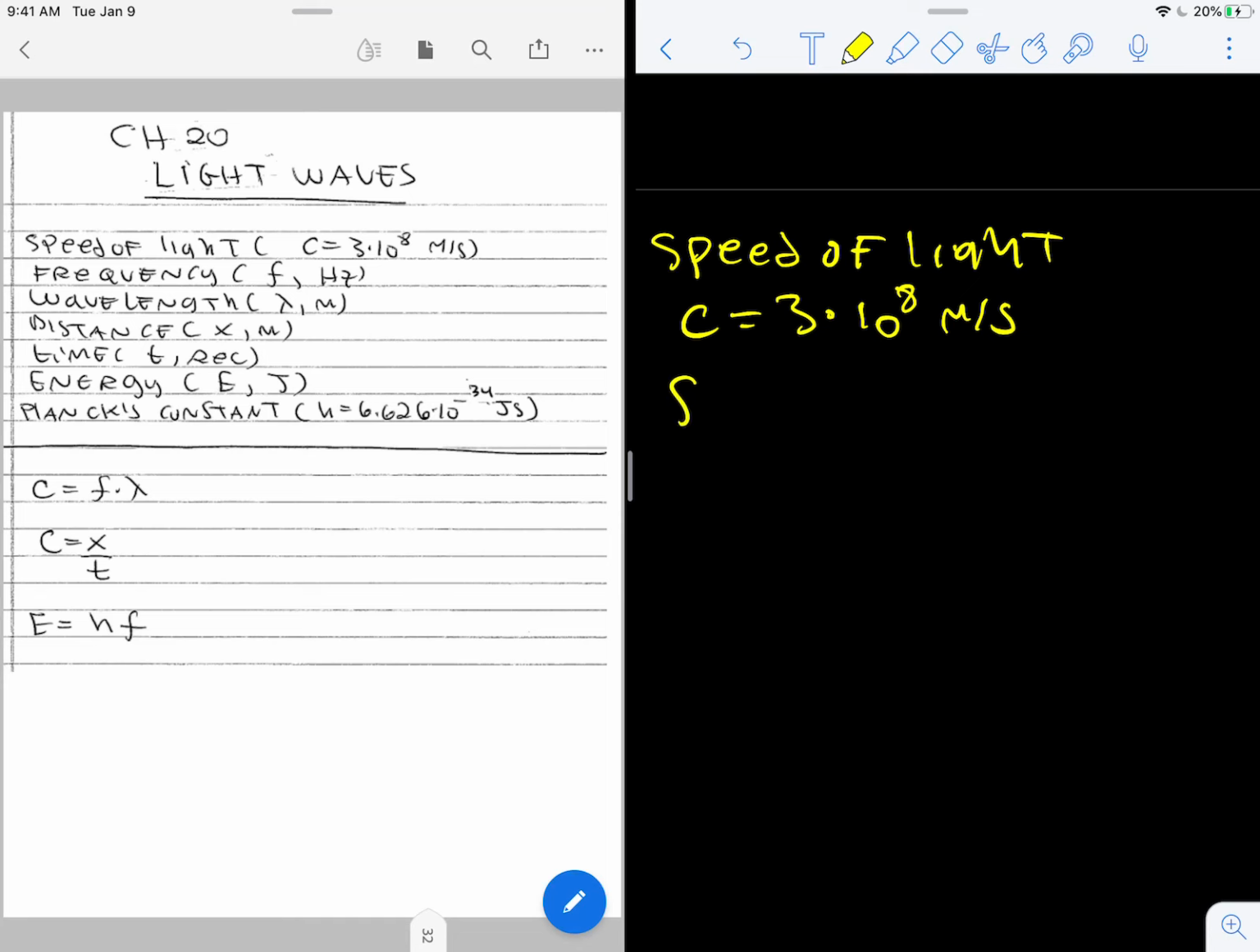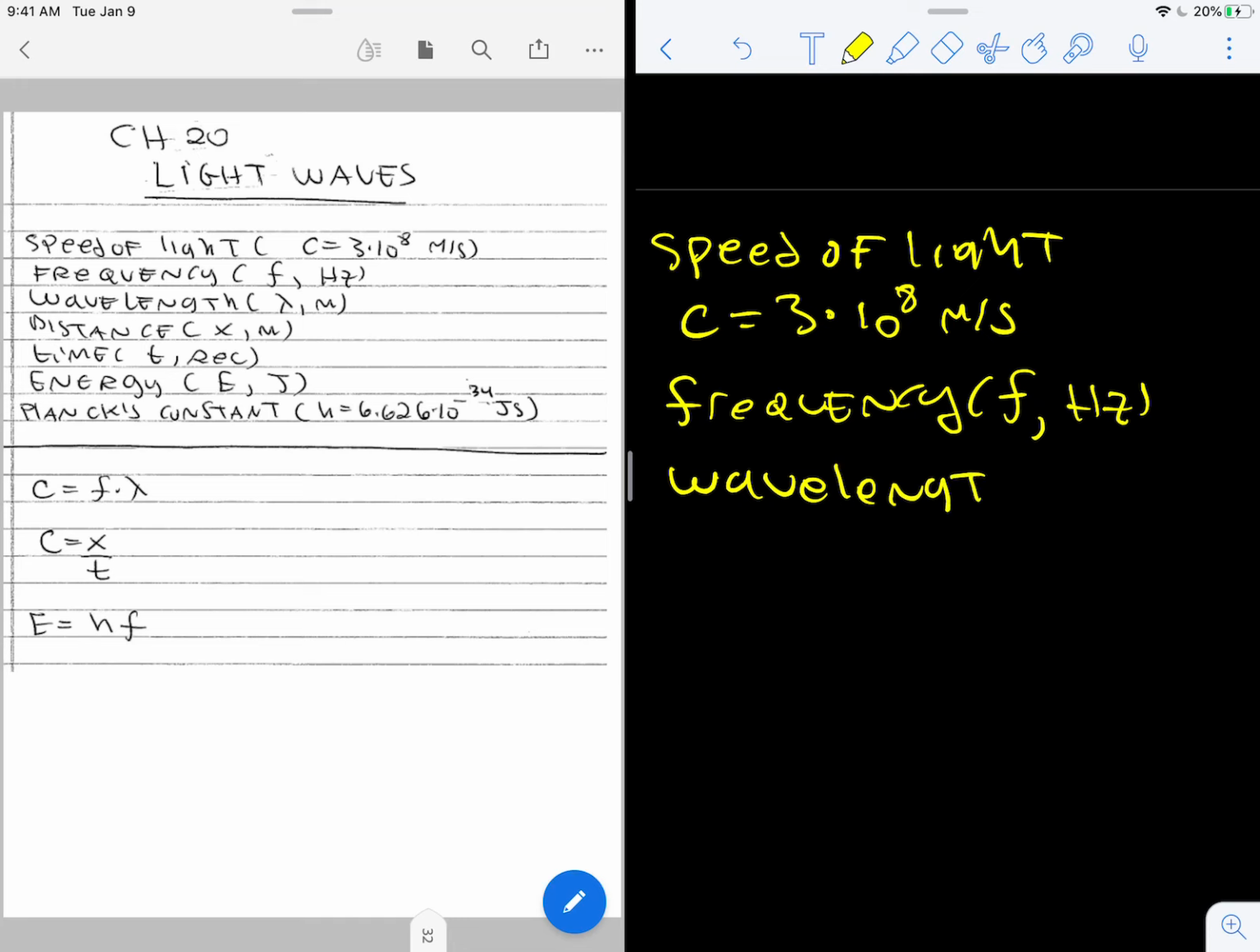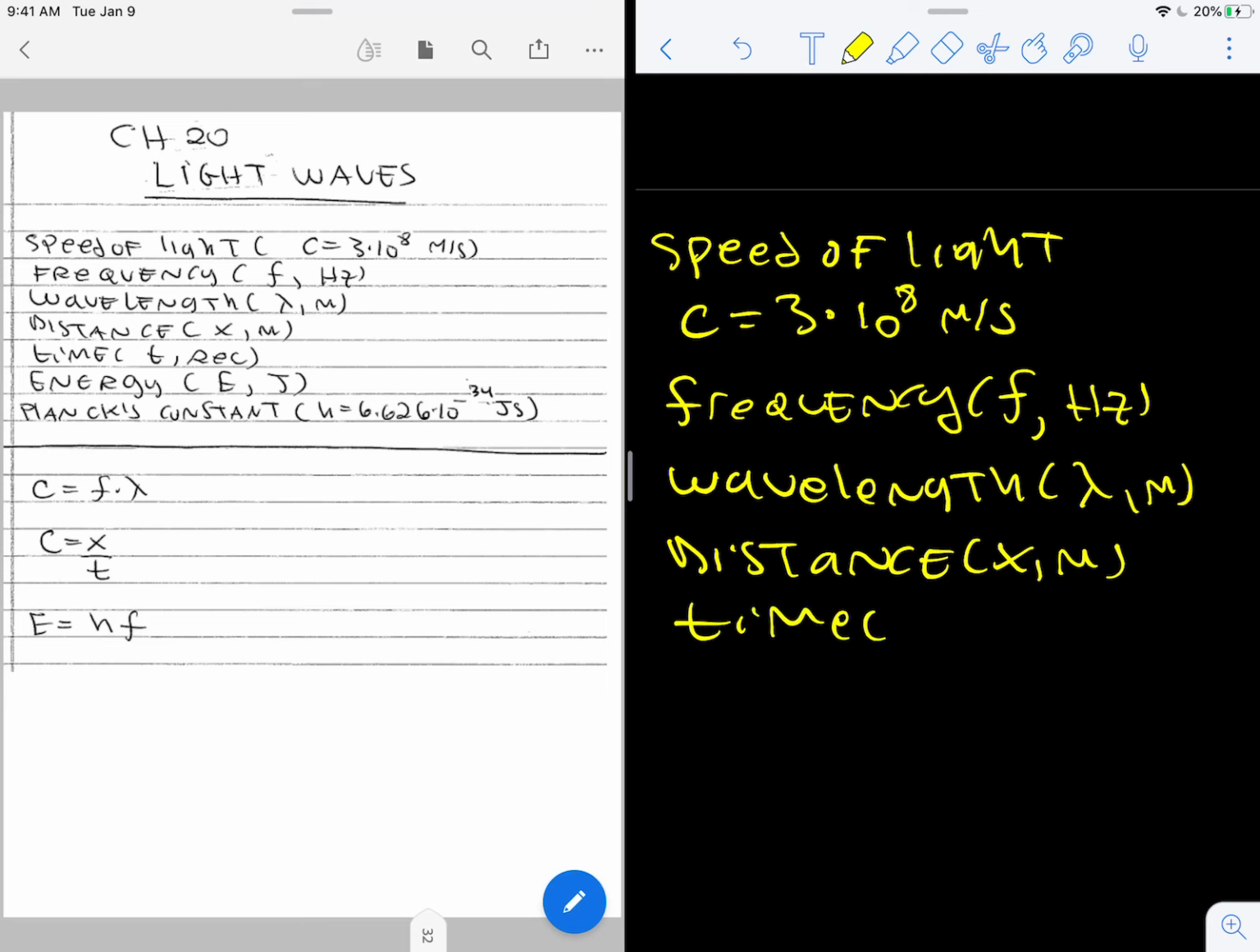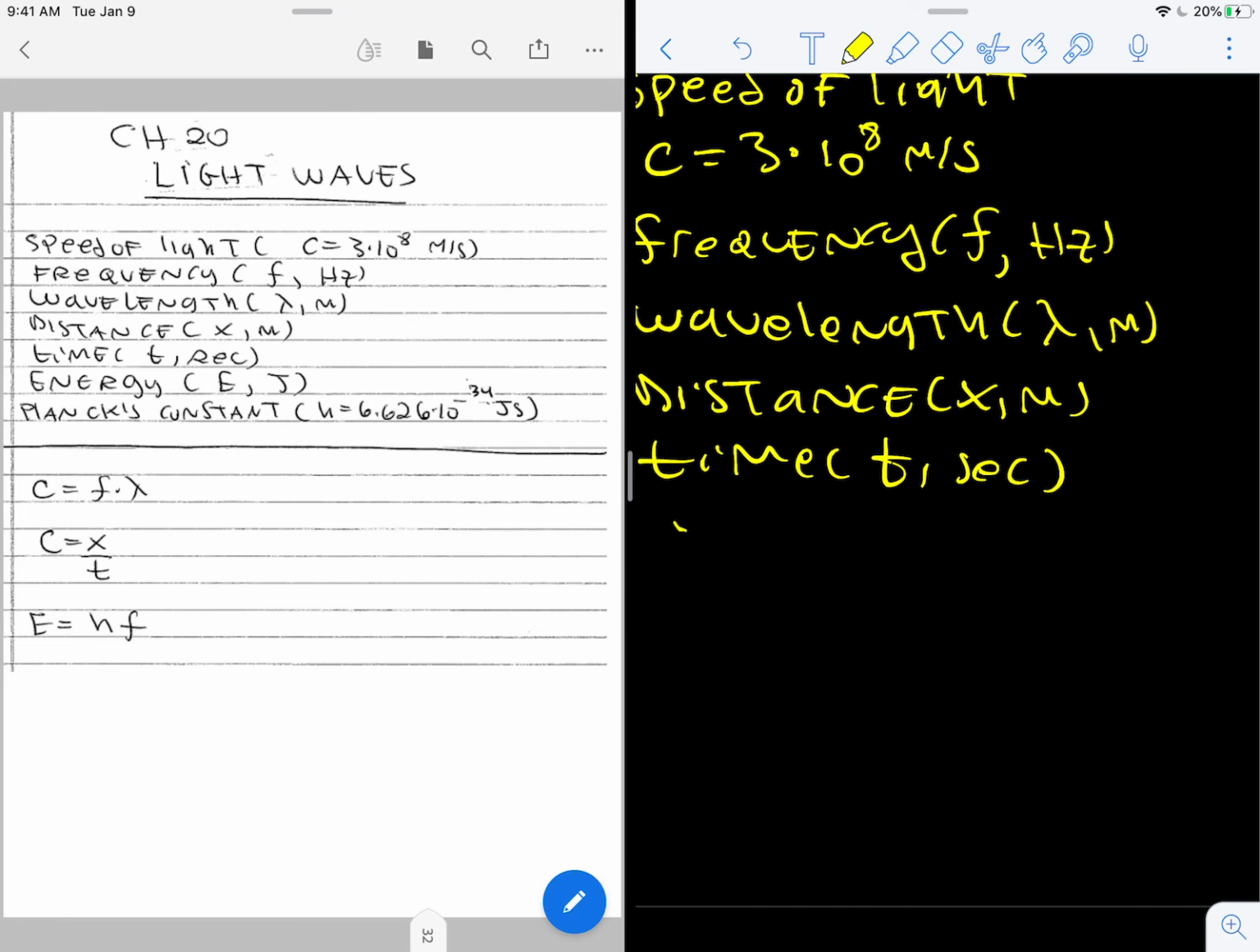And then we're going to see the term frequency again. And frequency is the variable lowercase f measured in hertz. We're also going to see wavelength again. And that's the Greek letter lambda measured in meters. And distance, x measured in meters. Time, t measured in seconds. And energy,